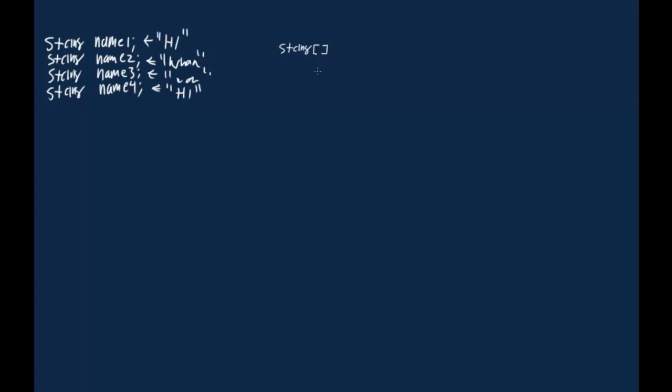By adding these square bracket guys, we're actually telling the compiler to not just have a string that can contain one value or one bit of text. We're telling it to contain multiple values. So if I wrote a string,